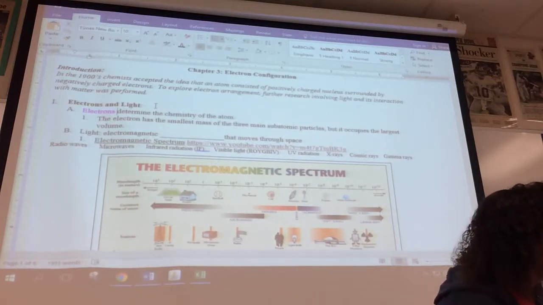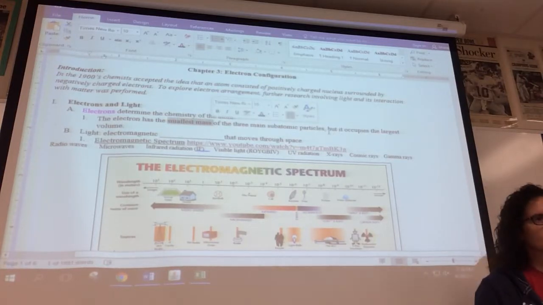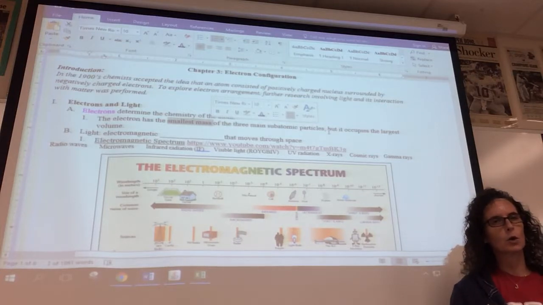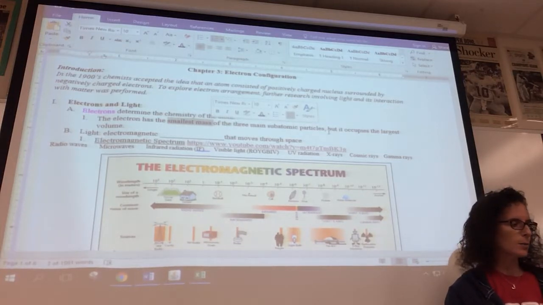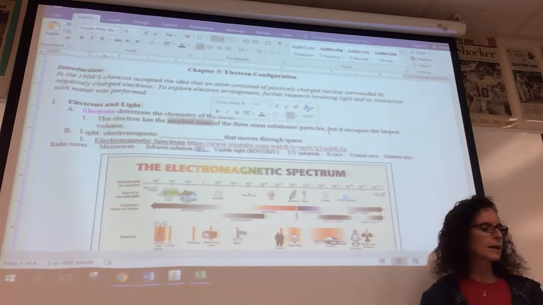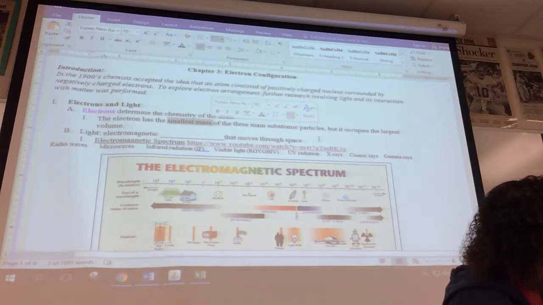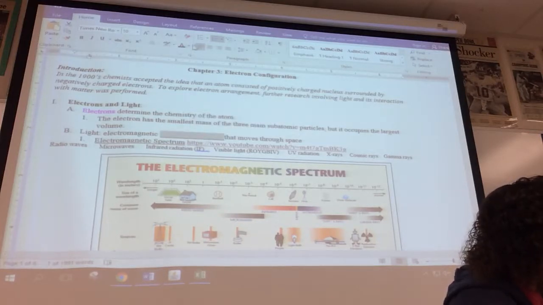The electron, we know from the previous chapter, has the smallest mass of the 3 atomic particles, but because it's not confined to that dense nuclear core, it actually occupies the largest volume. They are moving around very quickly, and they are not confined to a small nuclear cavity the way the protons and neutrons are. Now, light is actually an electromagnetic wave